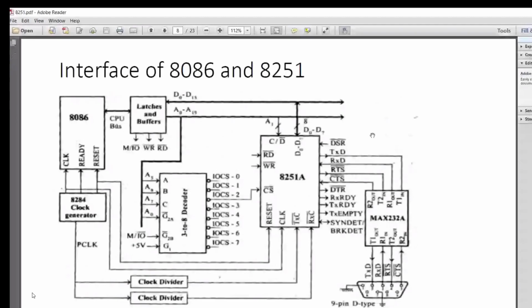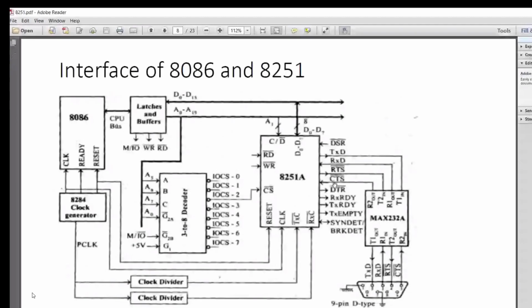So the sequence, if you see, may be like this. Data set ready comes, then it gives ready to send, then it checks for the clear to send. Clear to send means the other end is saying it is ready to receive. Then data is transmitted through this line, and then we have this one made high and transmission will be stopped. This is the way the signals will be used for our transmission.